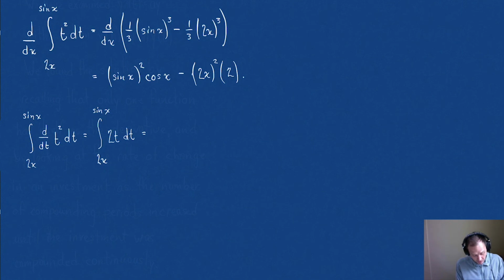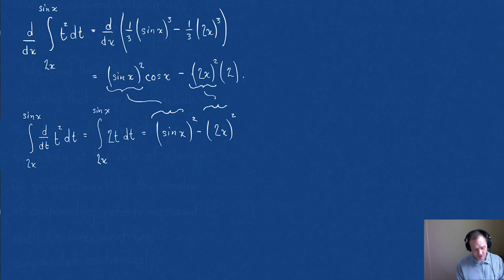So now you're going to evaluate it, so you're going to have t squared at the upper limit, which is sine of x squared, minus t squared at its lower limit, which is 2x squared. So notice that the answers do differ slightly. Here is what you would expect, the obvious portion, and it matches up with these terms. But when you take the derivative outside of the integral, the chain rule causes an extra factor on each of those terms. And it's actually the second example